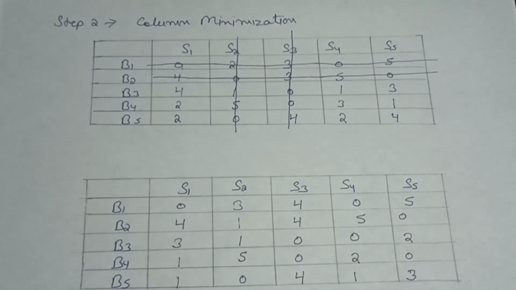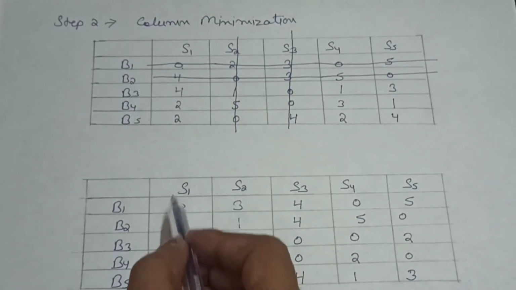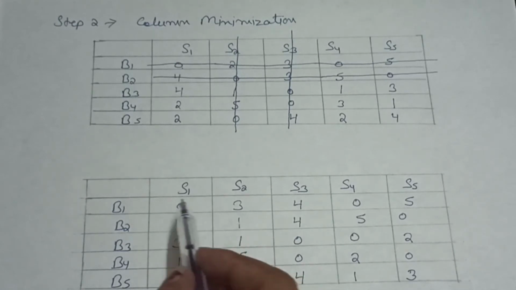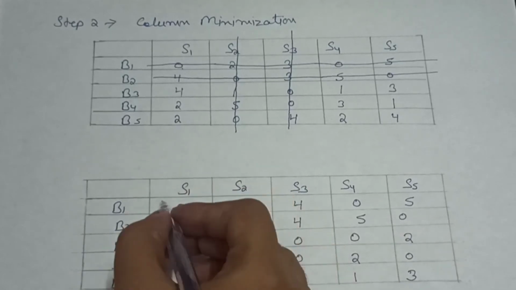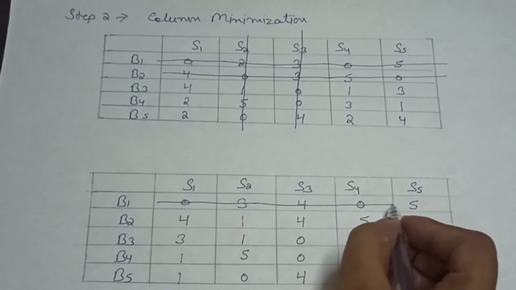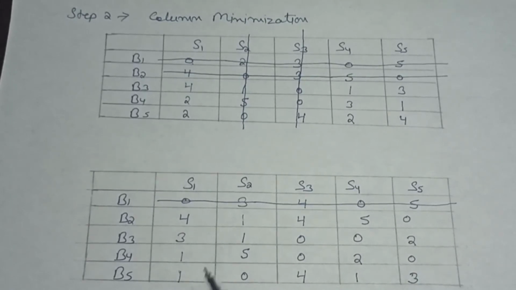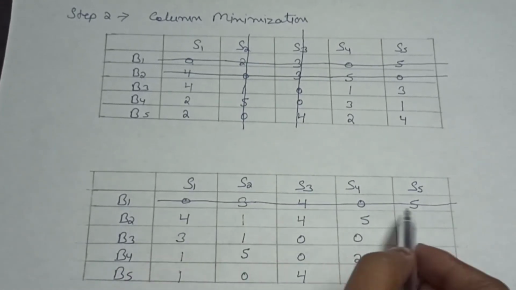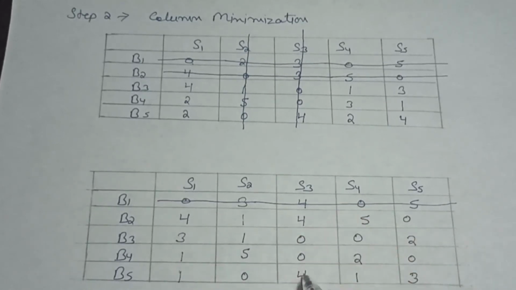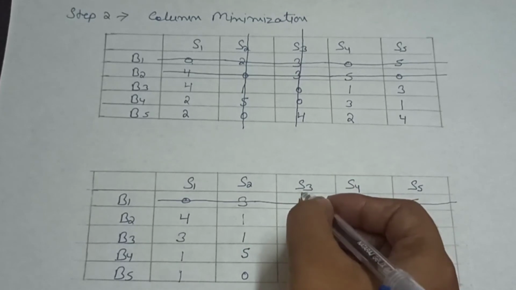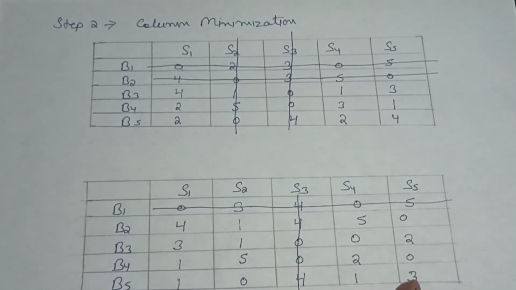Now what will we do here? We will draw the lines here also. Now you can see in this column we have only one 0, and in this row we have two 0s. So we can draw the line like this. Okay. Now we will check with our second column. Here we have only one 0, and in this second row we have only one 0. So students, you can check with this column. Here we have two 0s. So we can draw the line like this.